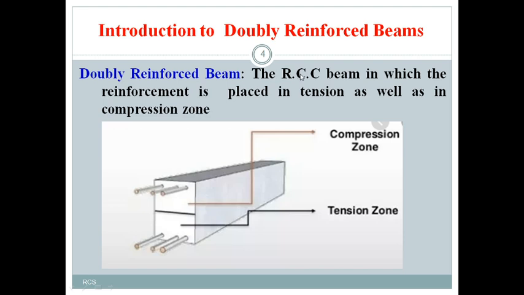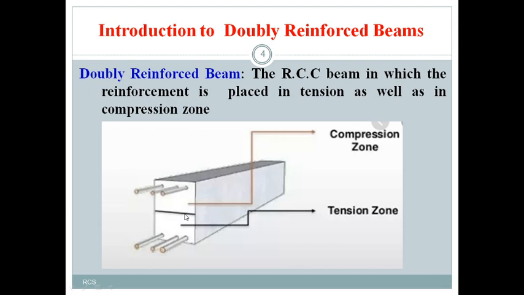In a reinforced concrete beam, the reinforcement, in the form of steel bars, is provided in the compression zone as well as the tension zone. This figure will clearly illustrate the definition of a doubly reinforced beam. So this is a beam and this is the neutral axis. If I assume this is a cross section of a beam, the front view of the beam, this gives me the neutral axis.